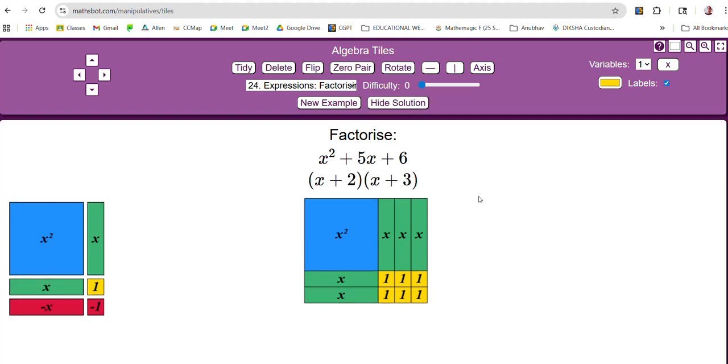So like this, if teachers want, they can teach all these things in their class also. It makes the class more interactive, and like this you can check so many more examples. And the website which I have used is mathsbot.com, and it is very user friendly to use and show the students how to do the factorization using the activity method.